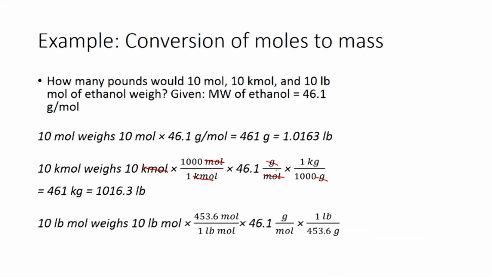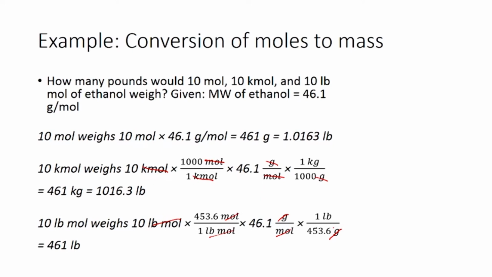So, similarly I can perform the calculations for pounds also. 10 pound moles would weigh 10 pound moles times 453.6 moles divided by 1 pound mole times 46.1 grams per mole times 1 pound by 453.6 grams. So, the pound moles cancel off, so do the moles and so do the grams, thereby giving you a final answer in the units of pounds. So, the final answer you end up with is 461 pounds, which is the mass of 10 pound moles of